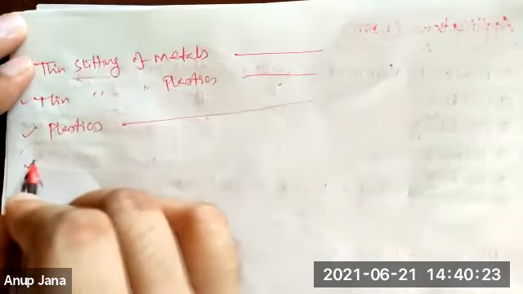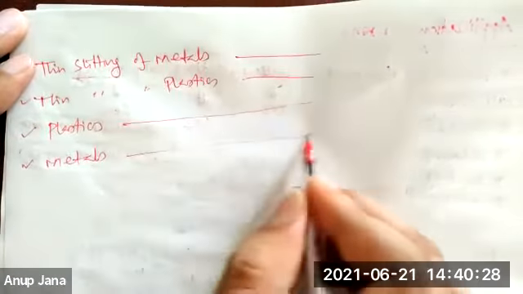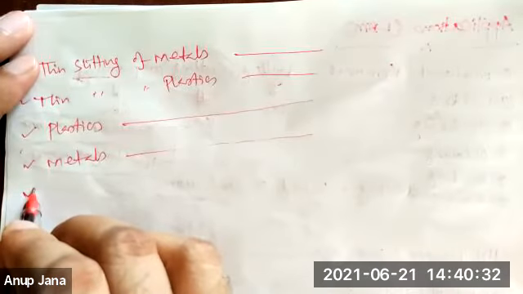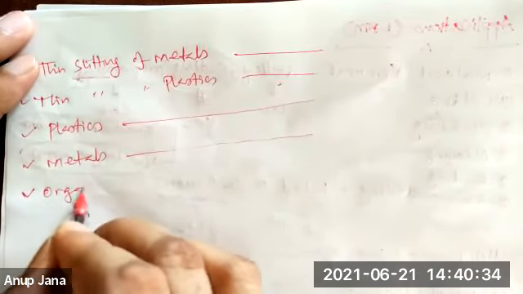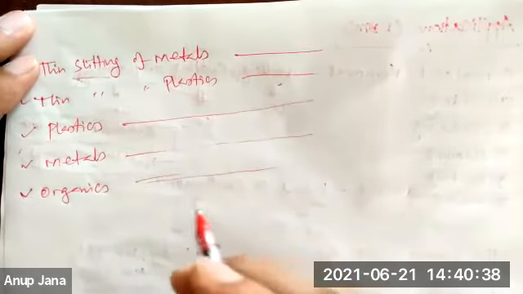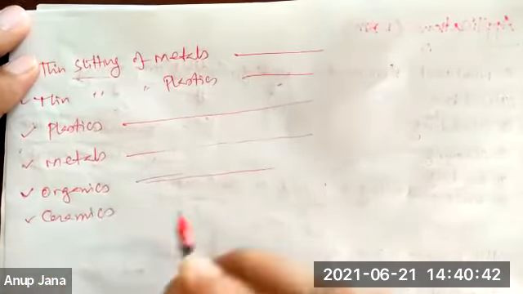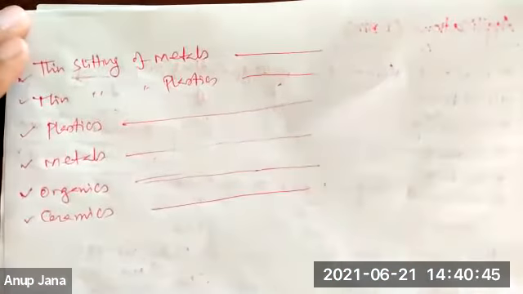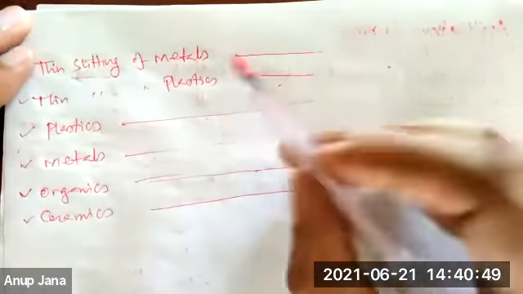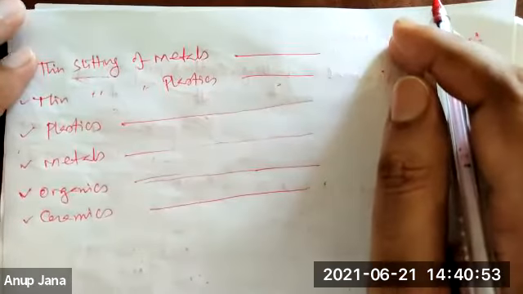This is very important actually. Then metals or metallic plates. Then some organic materials, organics or non-metals. Then ceramics. So in which case which one do we use? First I will tell you, then I will tell you what is slitting operation. It is a very simple thing. You may not know what it is called.